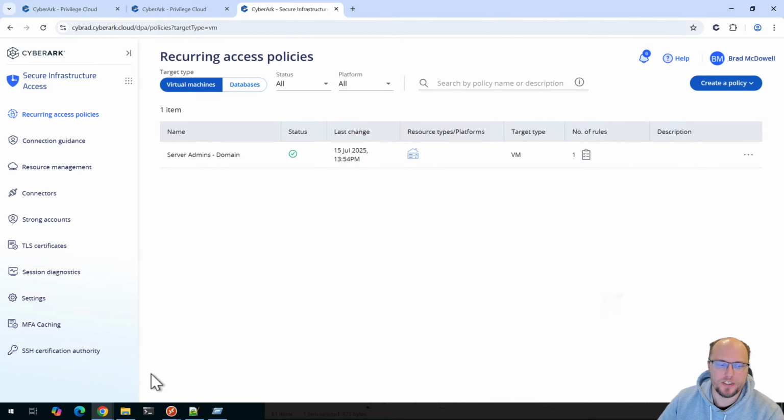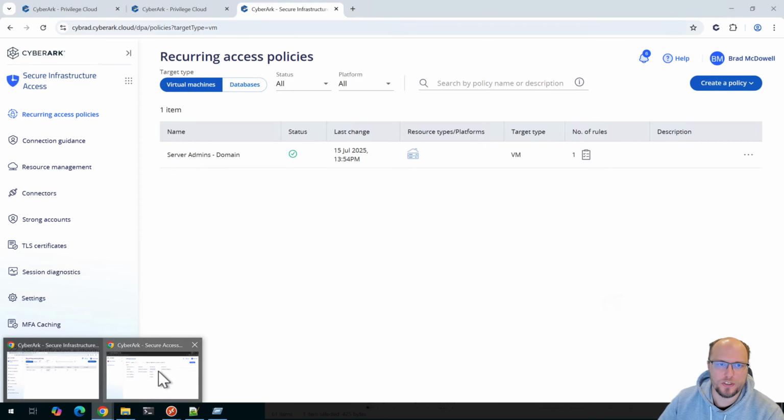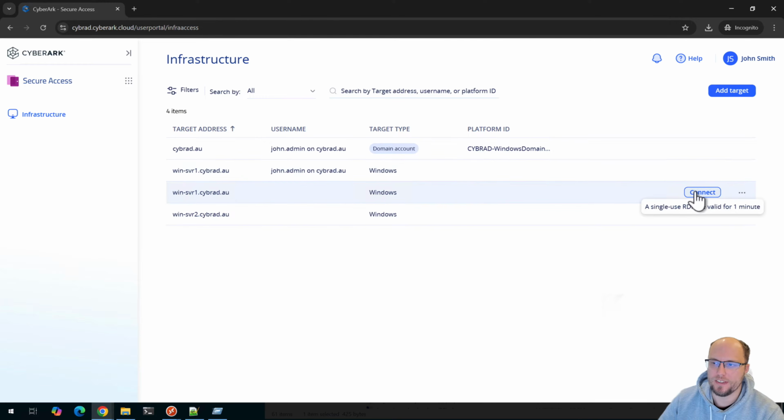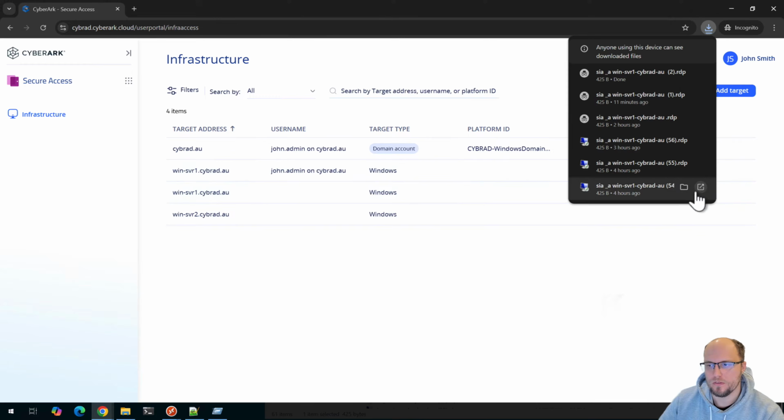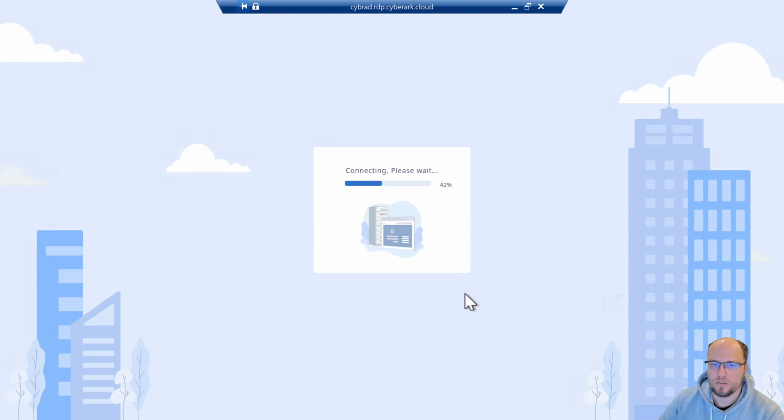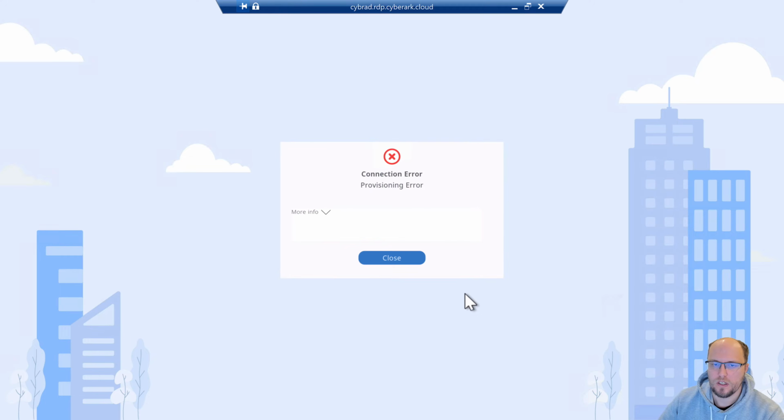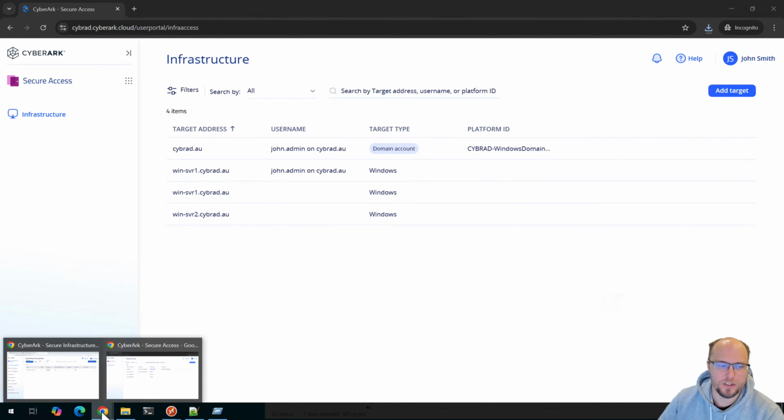So I'm expecting this to fail. I'll switch back to John's session and we'll try and connect to the same server now. And there we got a provisioning error. And you can find the session ID here, but I'll click close and I'll switch back to the administrator session